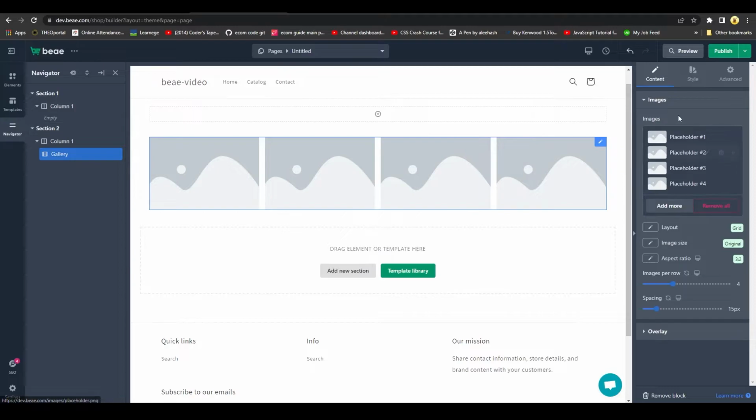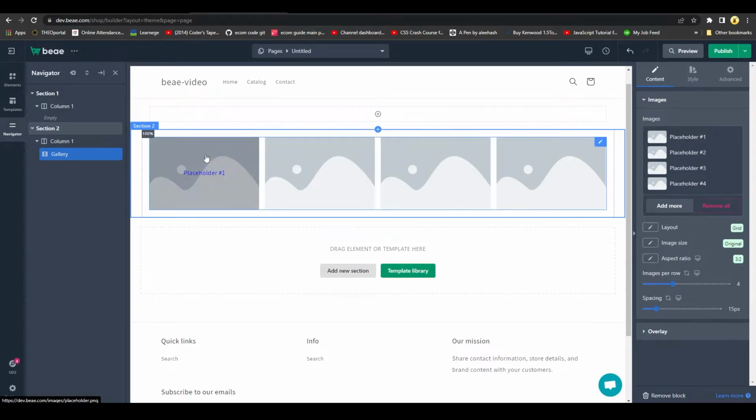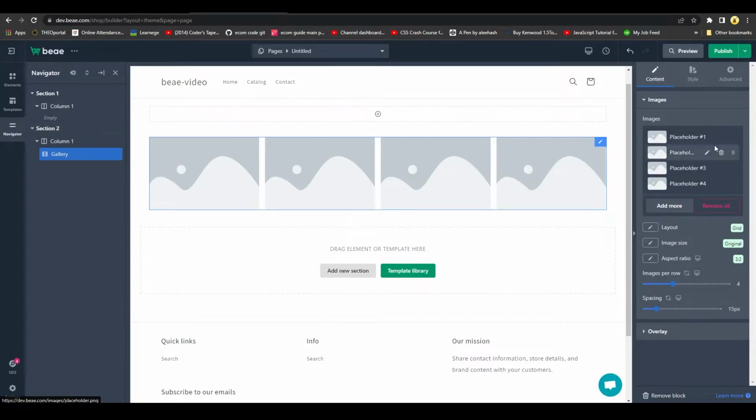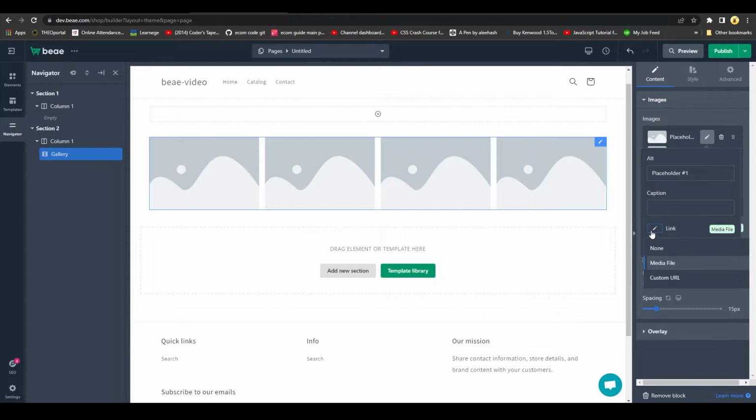After that, on the right side you are going to see all of these options come up. You can add in different images on all of these placeholders. You can have one image over here, another over here, another over here, and then another one over here. The process is as simple as this. Simply click on this pen icon next to the placeholder that you want to edit. After that, from over here, simply click on link, and then from over here simply choose the media file that